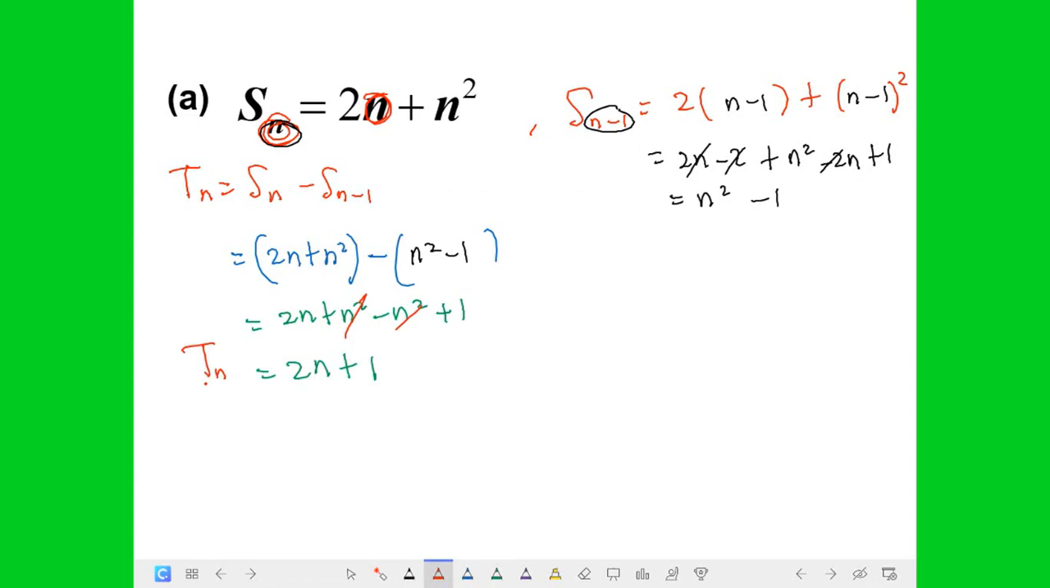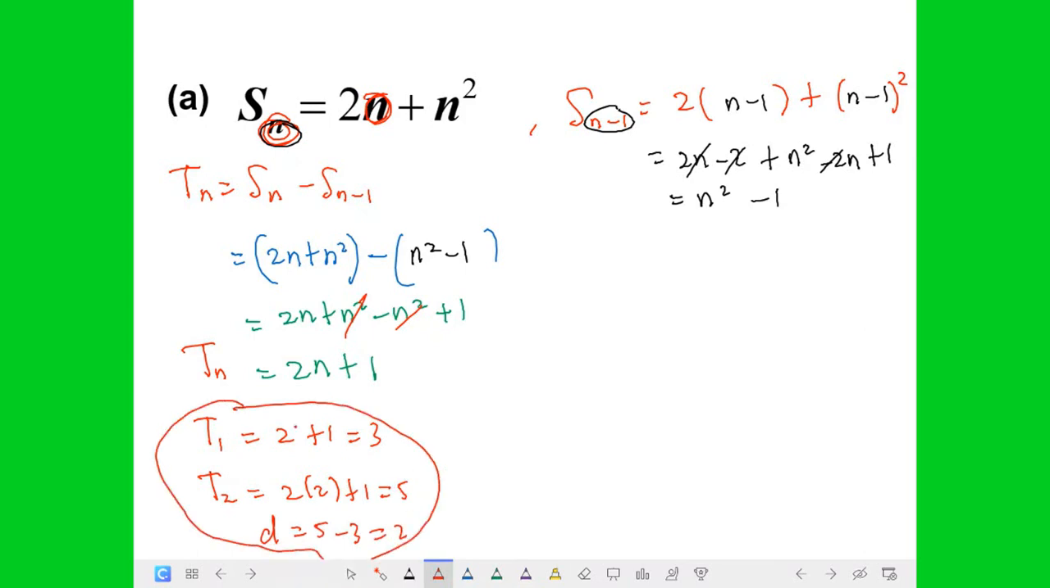Kita suruh cari D kan. Yang ini you boleh buat lah. T1 is equal to 2 plus 1, 3. T2, tapi saya memang tak suka. Ada 2 hands tak tadi? Tak ada hands. Masuk je lah. So D is equal to 5 minus 3 is equal to 2. Boleh. Tapi saya lebih suka kalau you cari